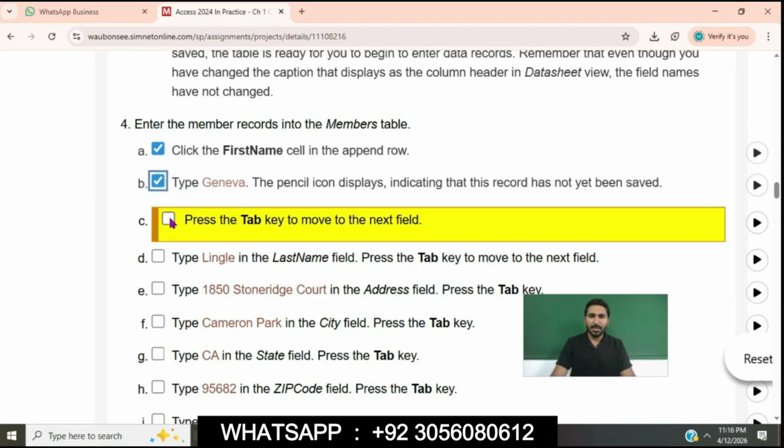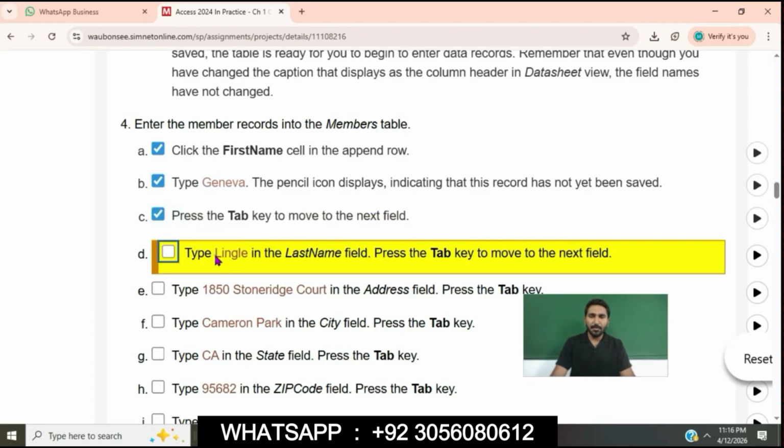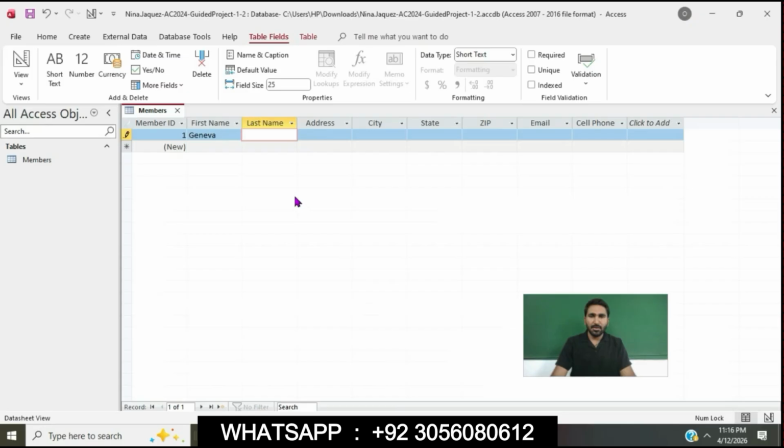So point C, press the tab key to move to the next field. We will press tab, then type Lingle in the last name field.